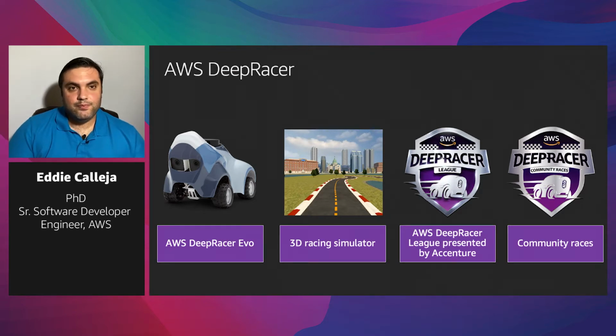Now, of course, you don't need an AWS DeepRacer device to get started with AWS DeepRacer. You can go to the AWS DeepRacer console, and I hope that by the end of this talk, if you aren't doing so already, you'll be there and get started training your model. In fact, the model training all happens on the AWS DeepRacer console. If we actually tried to train the model on the DeepRacer device, it's going to be one heck of a workout for you. You're going to be chasing it all over the place.